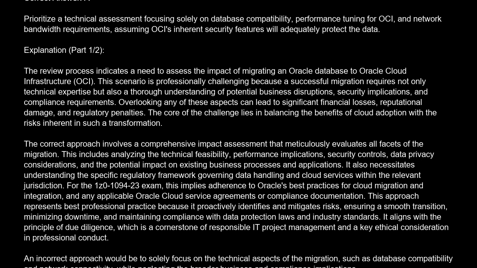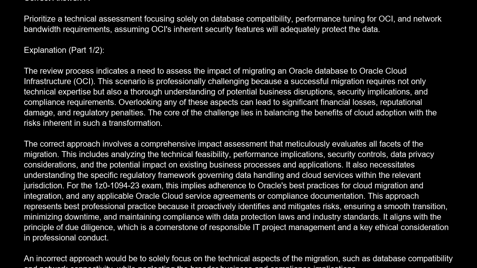Explanation. The review process indicates a need to assess the impact of migrating an Oracle database to Oracle Cloud Infrastructure, OCI. This scenario is professionally challenging because a successful migration requires not only technical expertise, but also a thorough understanding of potential business disruptions, security implications, and compliance requirements. Overlooking any of these aspects can lead to significant financial losses, reputational damage, and regulatory penalties. The core of the challenge lies in balancing the benefits of cloud adoption with the risks inherent in such a